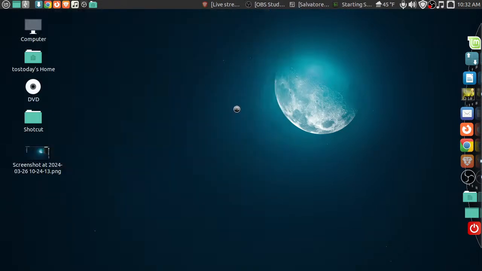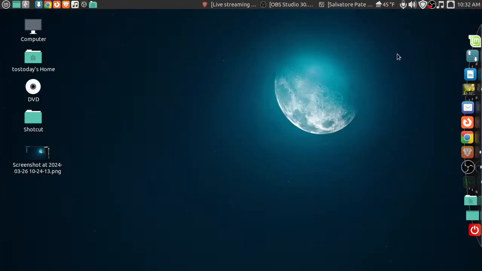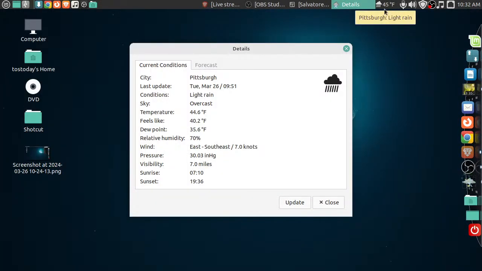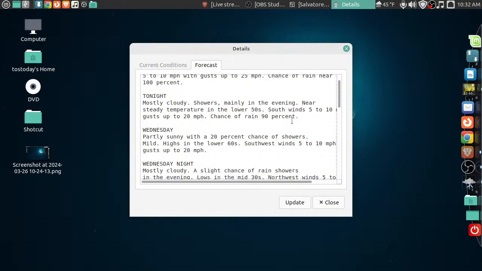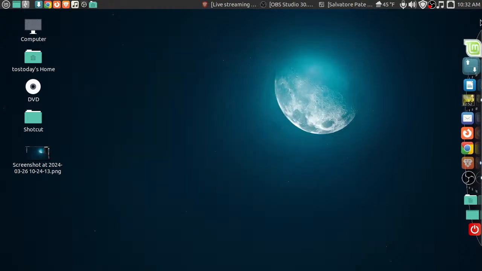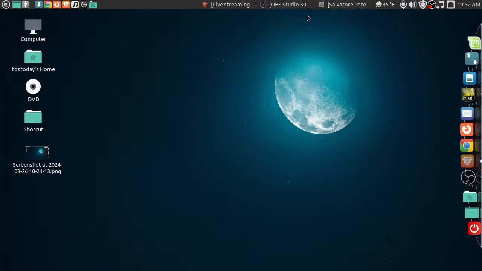Simple stuff. Let's go to the system monitor and resources. So, all right, almost 2 gigs of memory, dual core machine, CPU. I guess it's okay, not running too hot, good enough. Weather applet. Probably the best weather monitor for Linux, one of the easiest. And yeah, showers today, tonight, partly sunny tomorrow, and might cut grass tomorrow. So the usual icons here at the top. I got my dad's music playing, and the